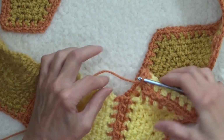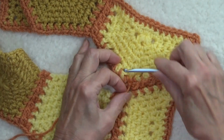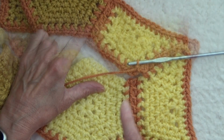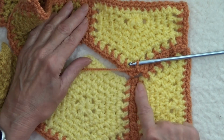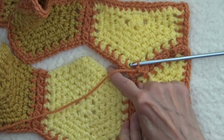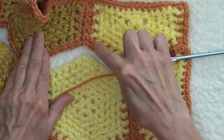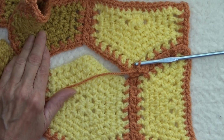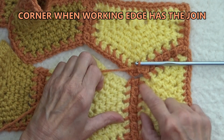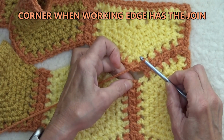Now we're in the corner. But I want you to see something special, because remember I said this is all about the corners. This is important to notice because there's 2 things that could happen. The working motifs could have the join, or the joining motifs could have the join. They're each handled differently. When the working motif's edge, the working edge, has a join in the middle,